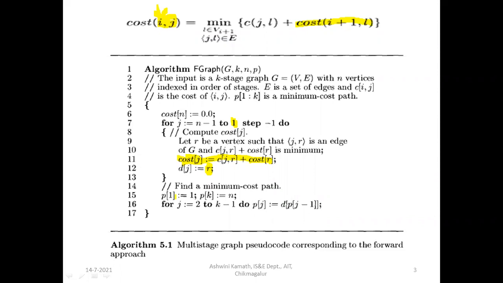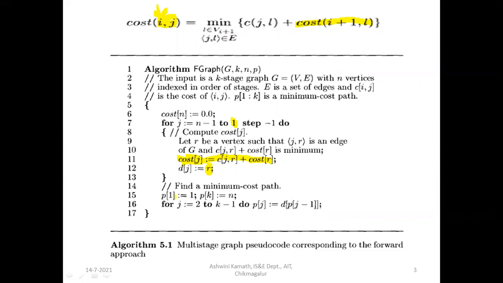So we'll take a for loop again for j is equal to 2 to k minus 1. It is not up to k, it is up to k minus 1, and it doesn't begin with 1 because we have stored already first and kth. So from second it will begin, j is equal to 2 to k minus 1, do P of j is equal to d of P of j minus 1. This is where we are checking from which vertex we are getting the minimum value.